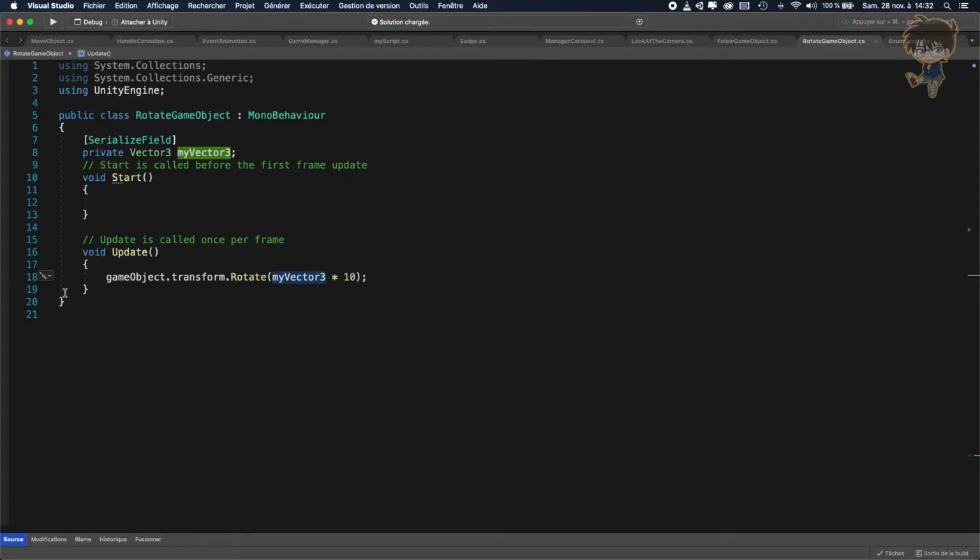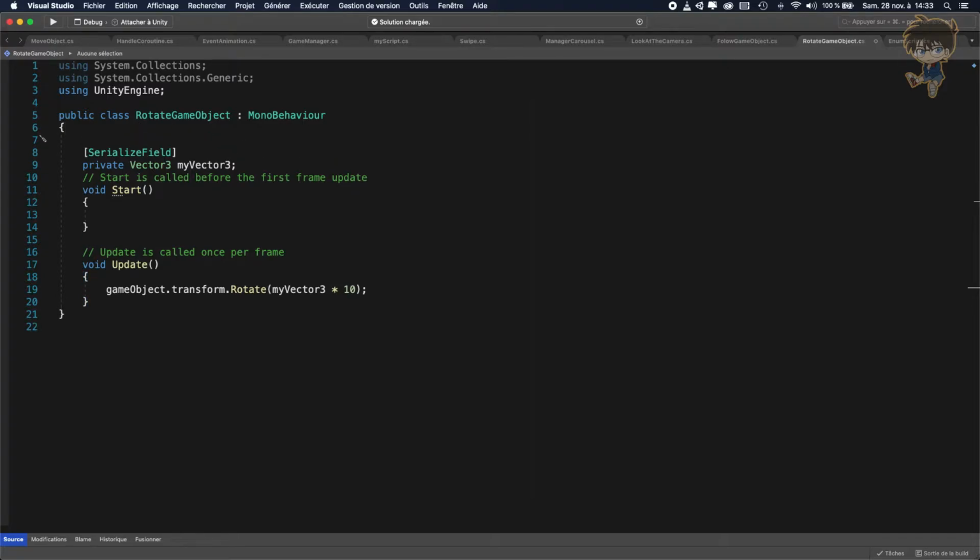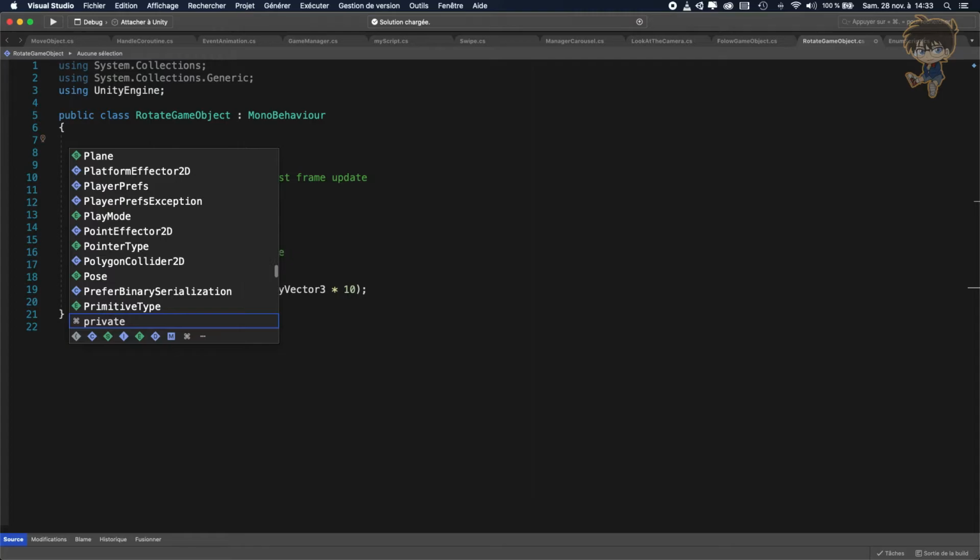So we left our script right there. Before you go further, you need to watch my video about the enum, because we'll use enum, and in fact we'll use flag enum. So let's get started. First thing first, I will need to create